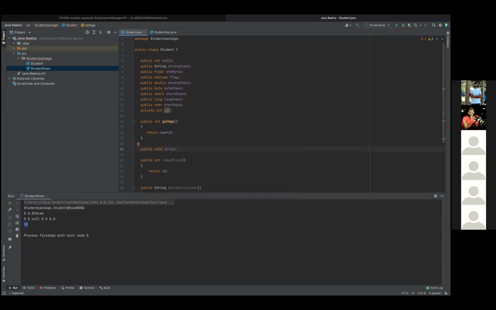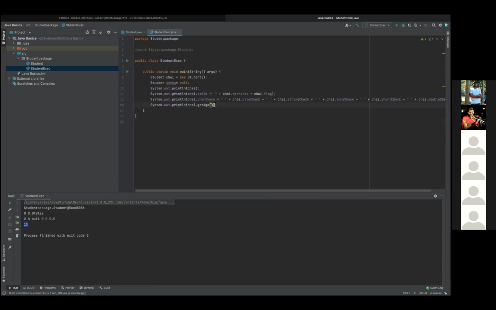Yeah, open. And when you're setting, you're going to pass the value, right? So you need to have an argument. Can you go after setAge, within the argument, and just give int age? Or you can give any attribute name, like ag or a. Okay. Now within this, you assign age equal to value. Age equal to value. Semicolon. So now can you go to student execution?